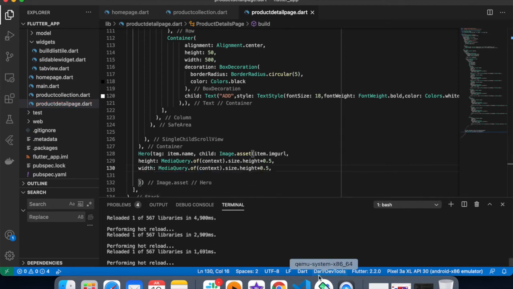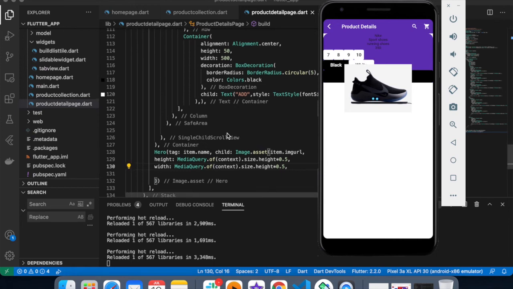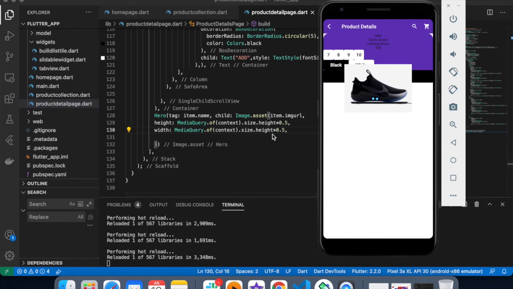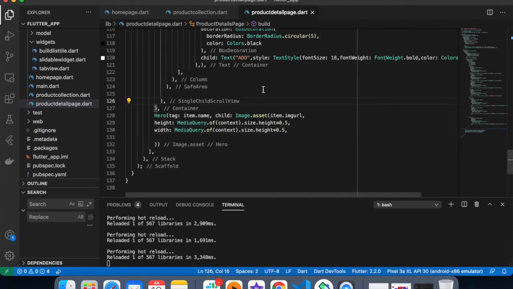Let's run this. Now fine. I think I created some mistake in creating the row and column. So my page is ready, but I have to wrap this in something, I think. So don't worry about that.